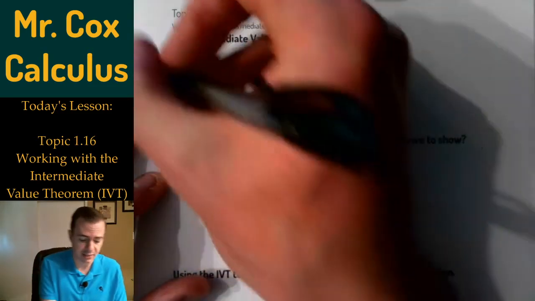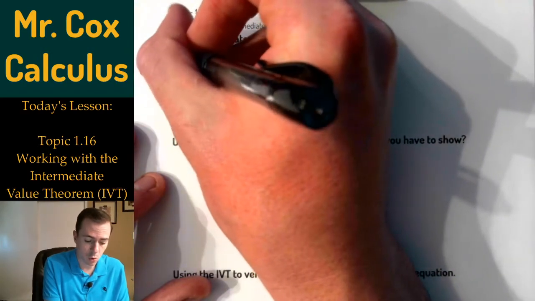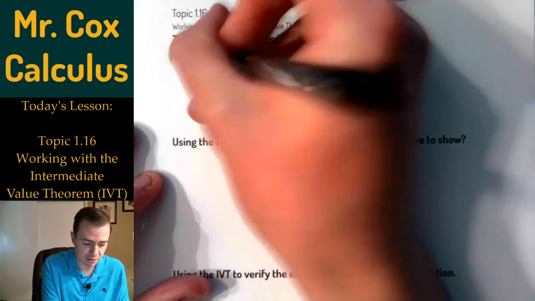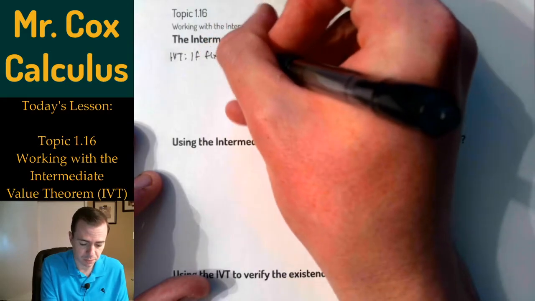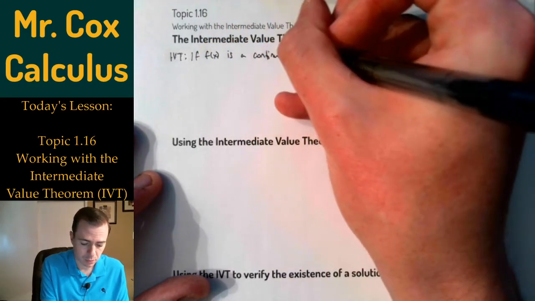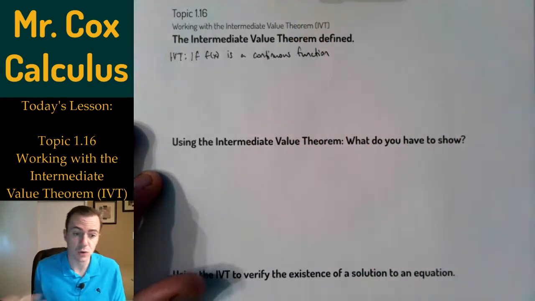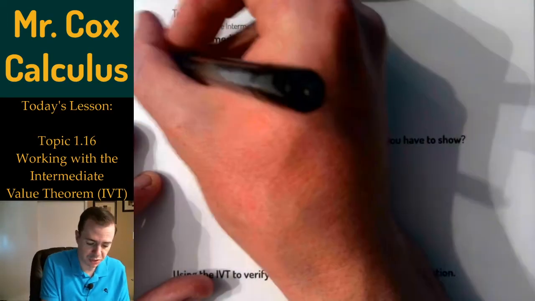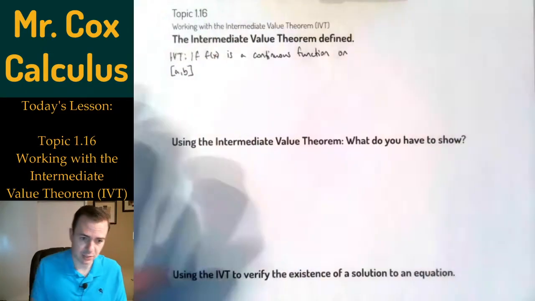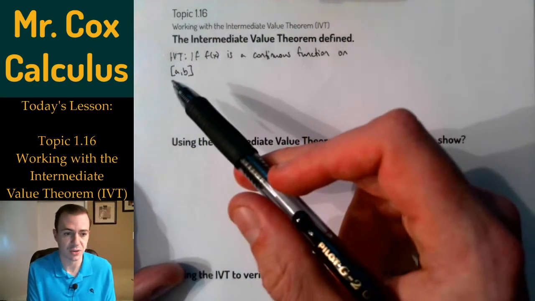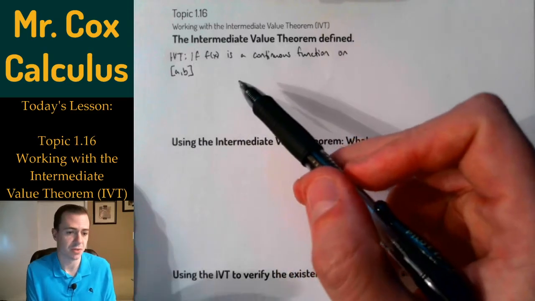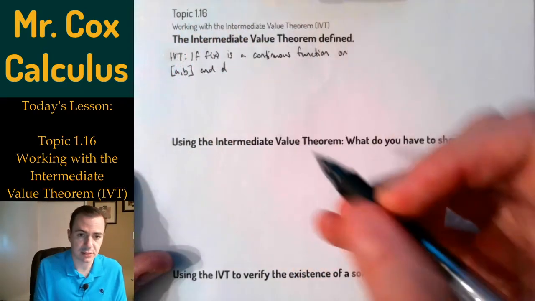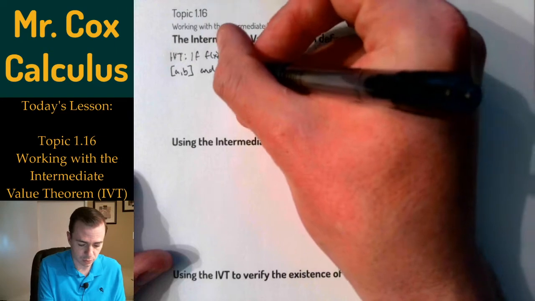So let's go ahead and state what this intermediate value theorem, or IVT, is really saying. What the IVT says is that if f of x is a continuous function, and so it's going to rely on continuity, which we've talked about here in Unit 1. If it's a continuous function on the closed interval a to b, and that's why we did a lesson earlier in Unit 1 about continuity over an interval. So if this is true, that the function is continuous on the closed interval a to b, and let's say that d is a value